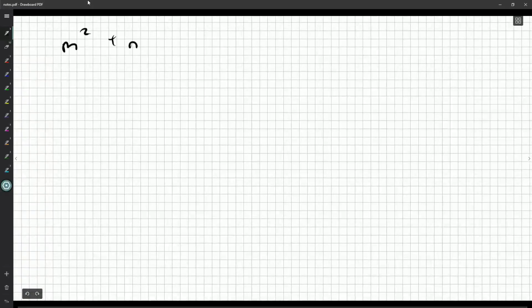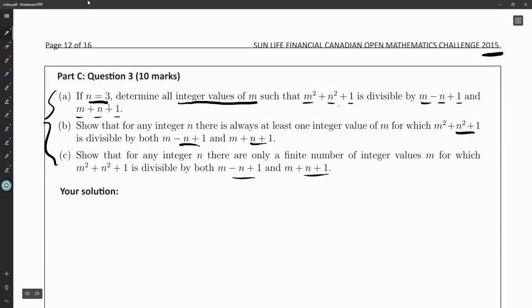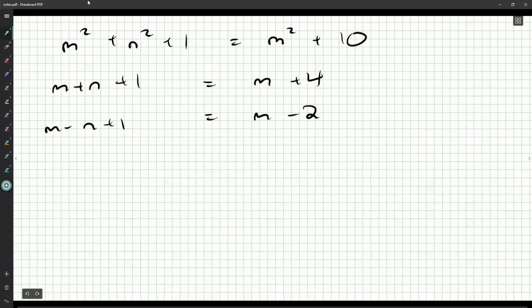So m squared plus n squared plus 1 is going to be m squared plus 10. m plus, whoops, it's plus n, right? Minus n was the first one, but then it's plus n plus 1. So that'll be m plus 4, and that'll be m minus 2. So if m squared plus n squared plus 1 is a multiple of both of them,